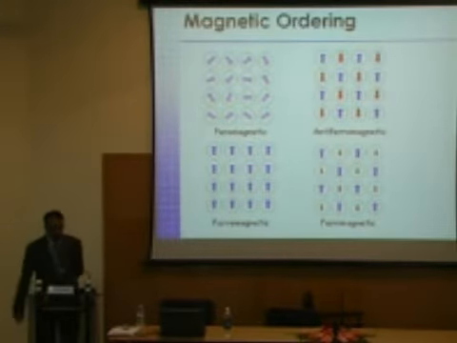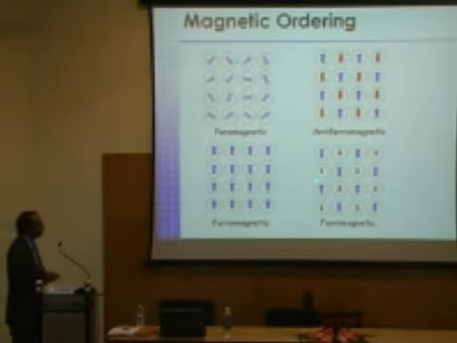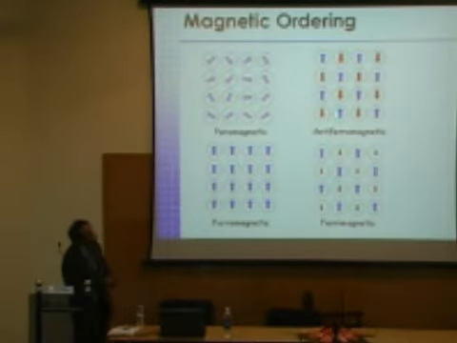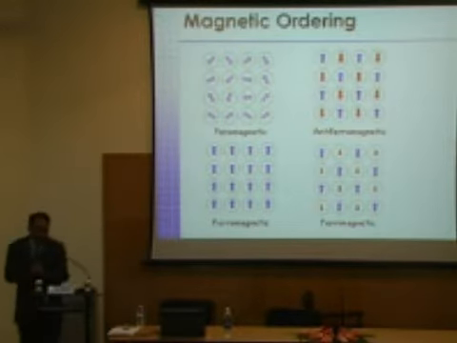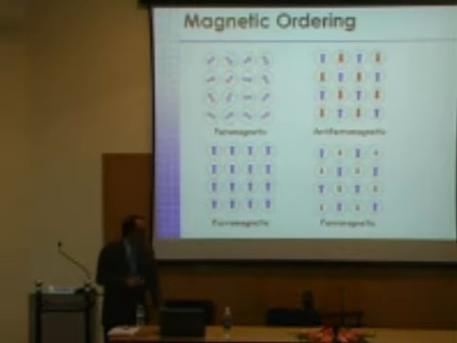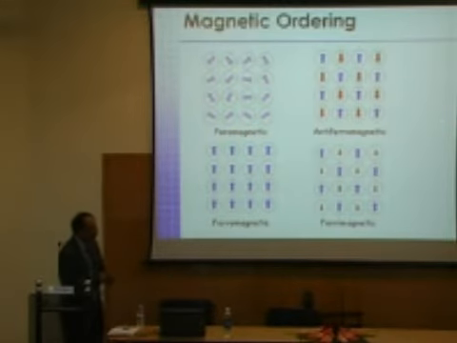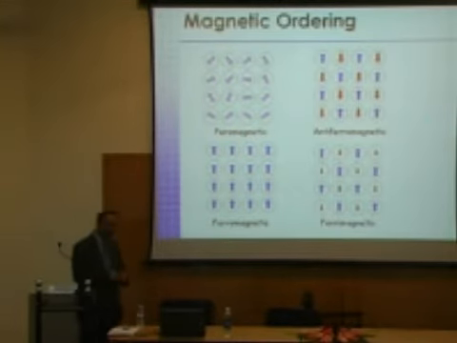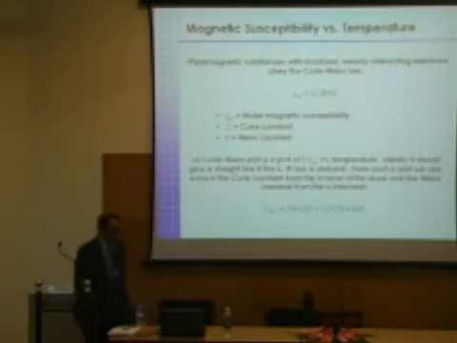In some cases, in some complex solids, you may have uncompensated spins. Like for example, you may have a preferred orientation this way, but the moment on the other side is not completely cancelled. So in such cases, we call those ferrimagnetic materials. So these are 4 important classes of magnetic materials. In general, at very high temperatures, most materials are paramagnetic. When you start cooling them, they may turn antiferromagnetic or ferromagnetic or sometimes ferrimagnetic. So most of the time, only experiments will tell us.